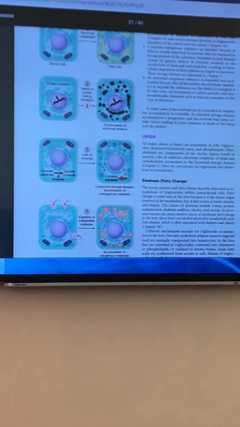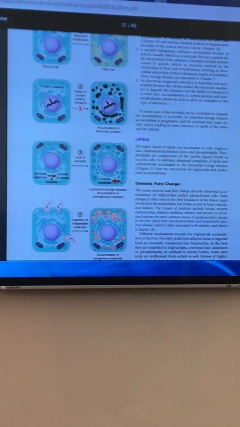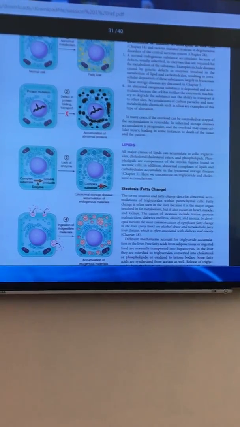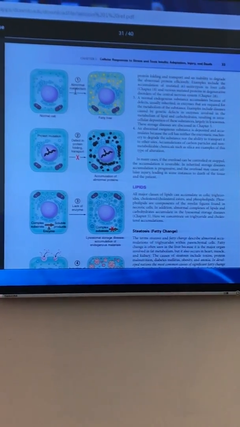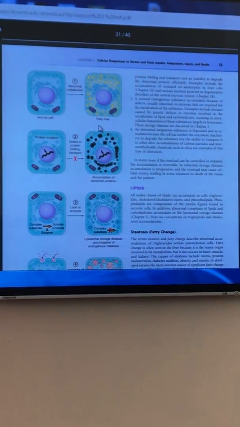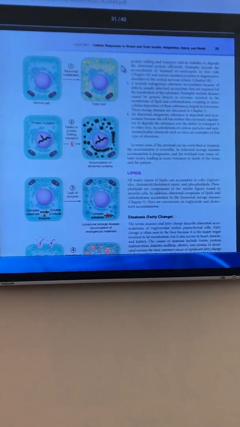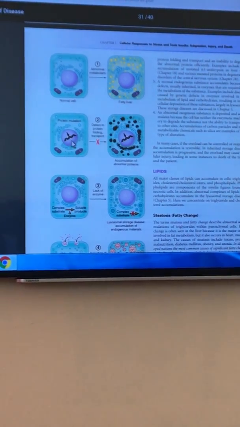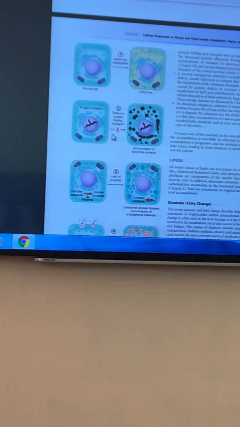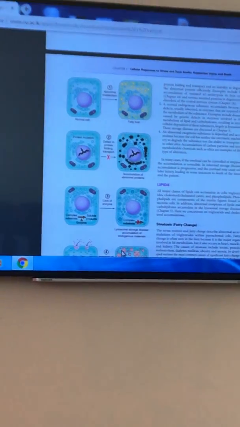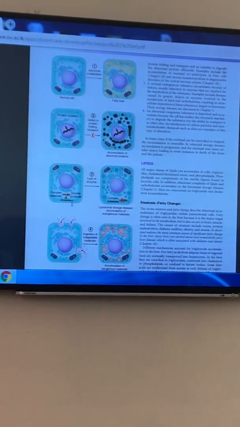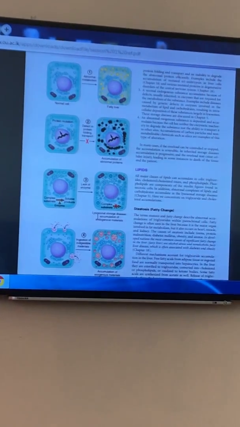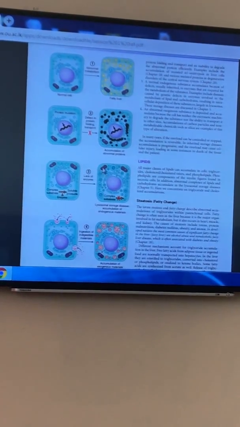You see, through these four ways, we can have intracellular accumulations. Here, for example, due to abnormal metabolism, there is fatty liver. Lipid is accumulated inside cell. Here is the second one, defect in protein folding or transport accumulation of abnormal proteins. Here, due to lack of an enzyme to make soluble products from complex substrates, there will be again